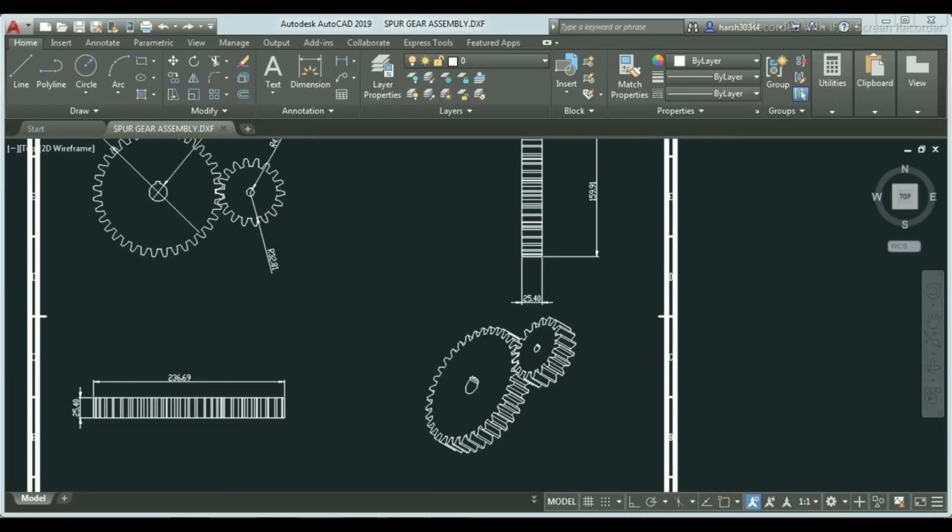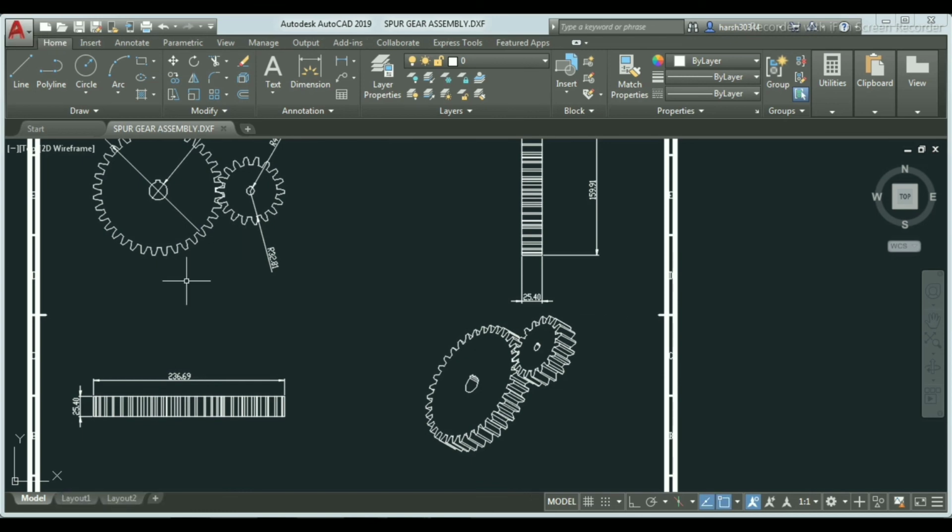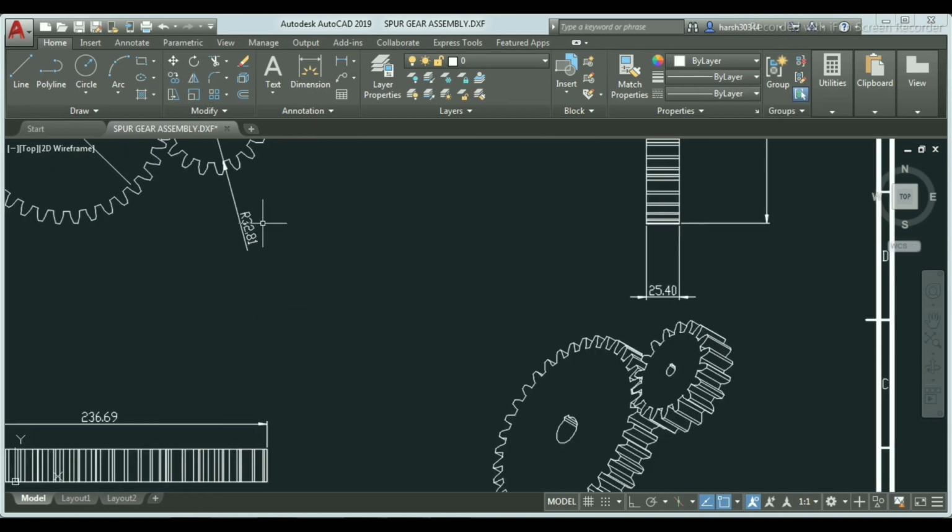So our file has opened in AutoCAD software. As we have set the dimensions and given the dimensions of our sketch, the same dimensions are there in AutoCAD.